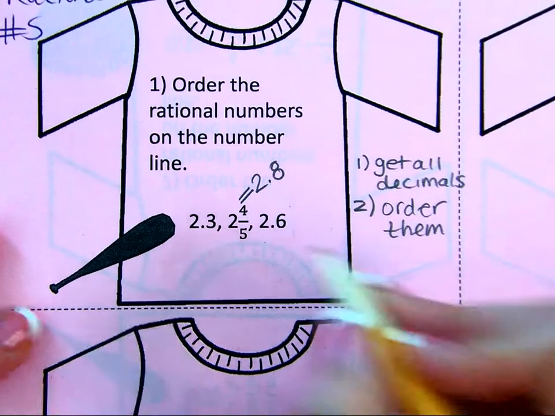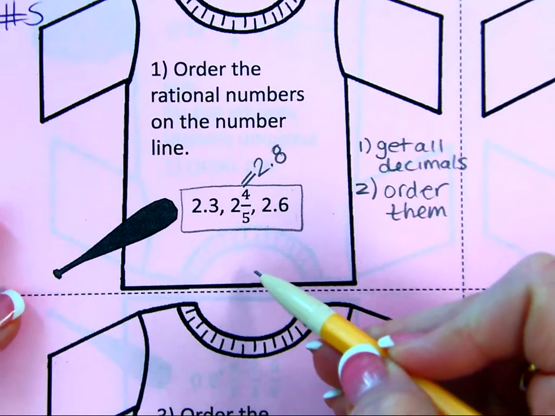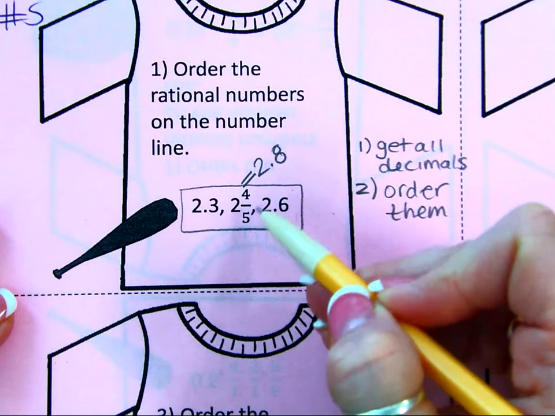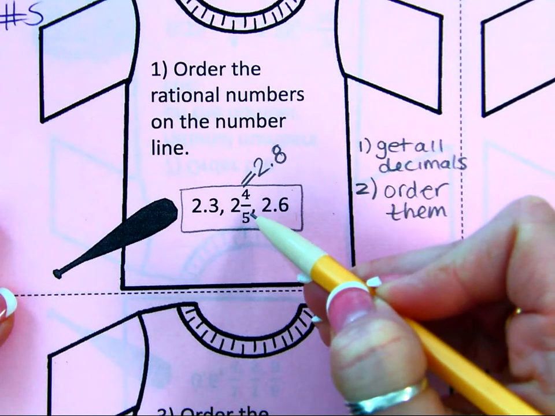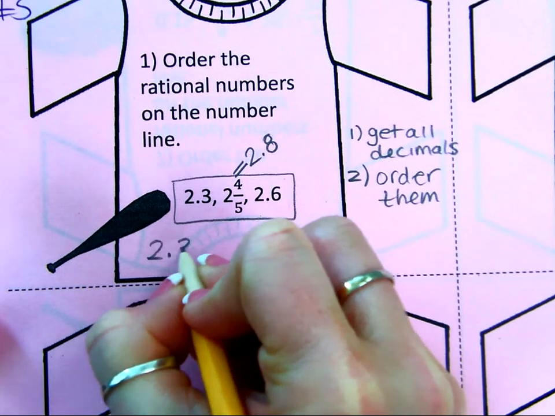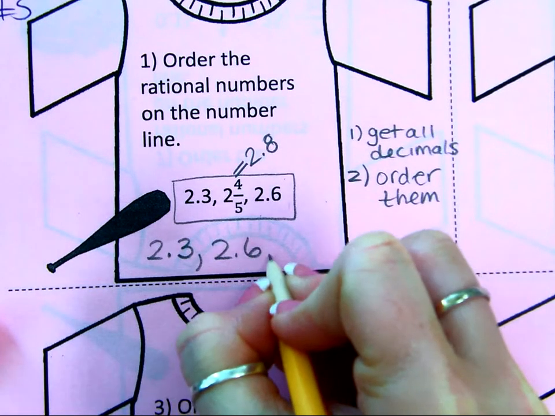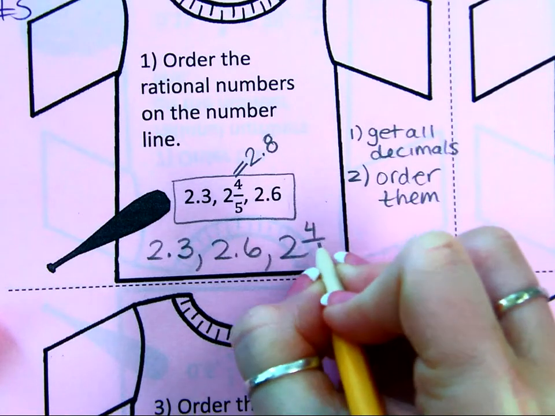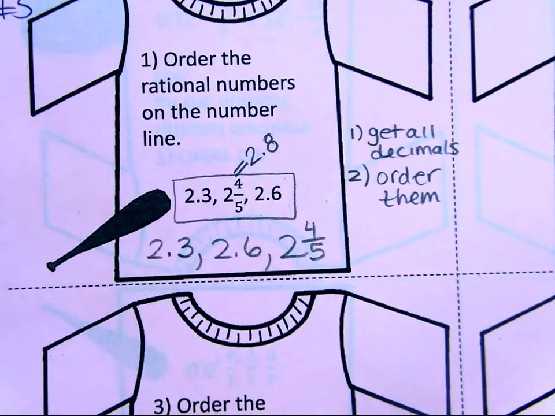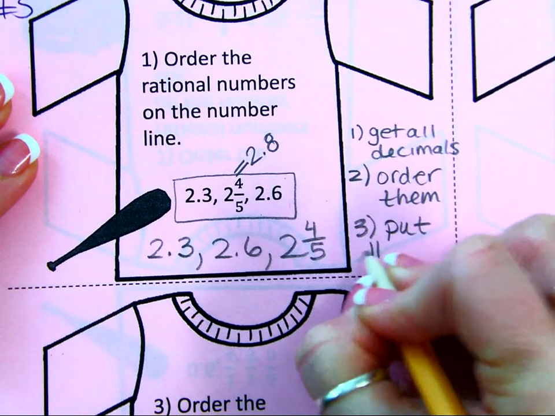So what I'm asking you is to order these numbers. This number is not going to be anywhere in your list. You use this number as a means to help you figure out where this 2 4/5 goes, correct? So in the ordering, you're actually going to write 2.3 or 2 3/10, comma, 2 6/10, comma, 2 4/5. So you have to include your original set of numbers. That's really important, okay? And then our third step is going to be to plot them on a number line,